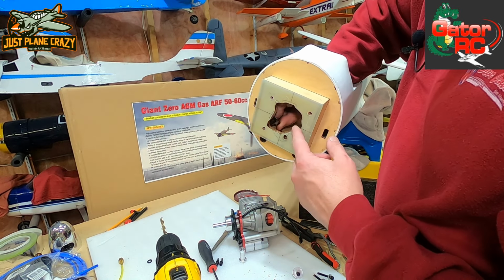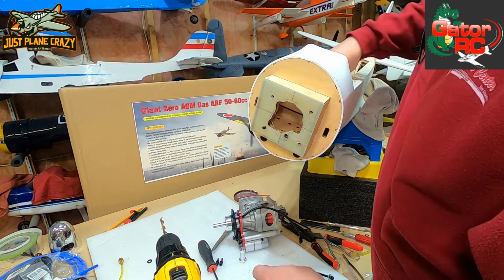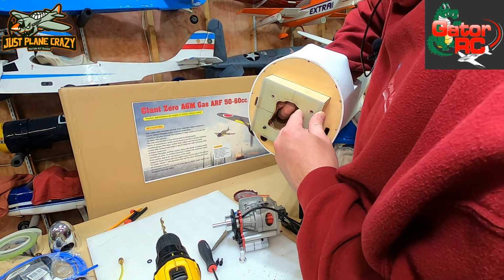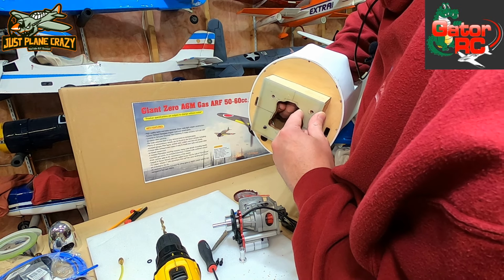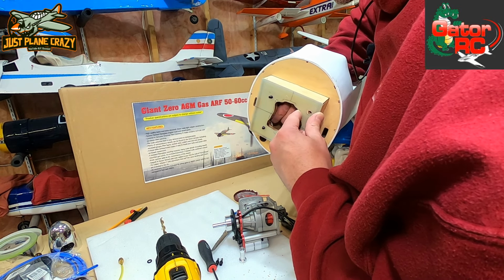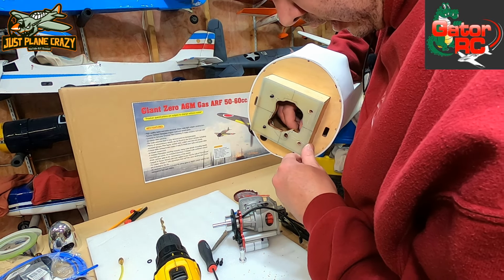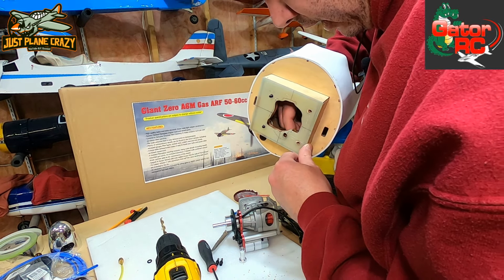We're going to go ahead and place those in there. You don't want those things to ever pull through or pull out, and that gives a lot of support on the back side of this firewall. And again, we're using not only those fender washers, but we're using lock washers as well. And even after we get this stuff in,